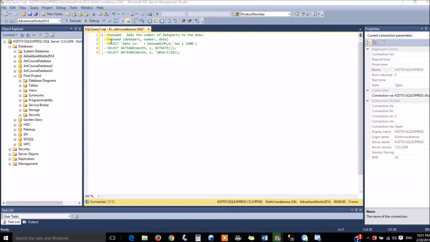I've turned into comments. The first one says DATEADD adds the number of date parts to the date, and the date part, which you guys know, is the selection of what you want to be extracted from a number and a date. Now in this section right here, this is the first one we're dealing with,